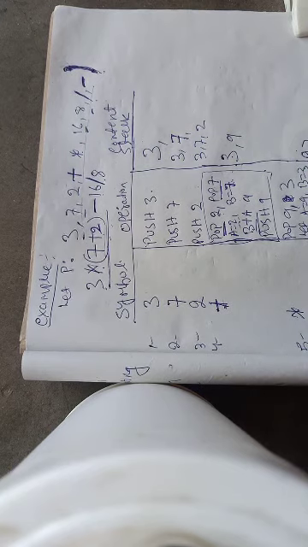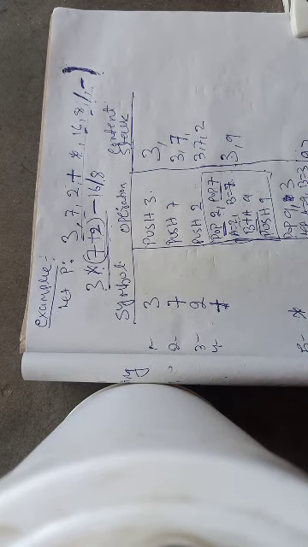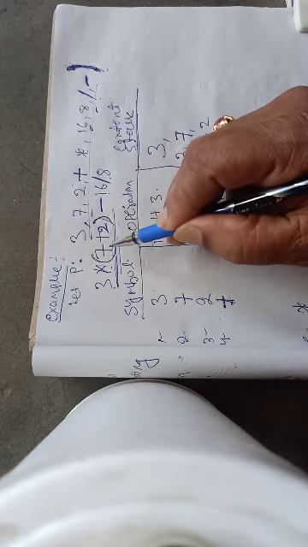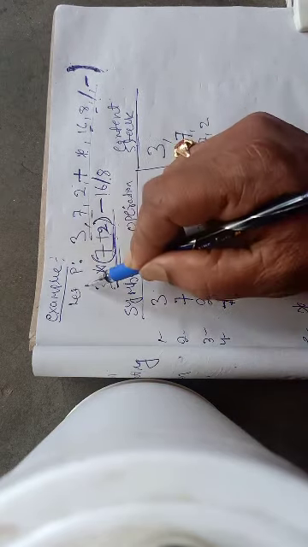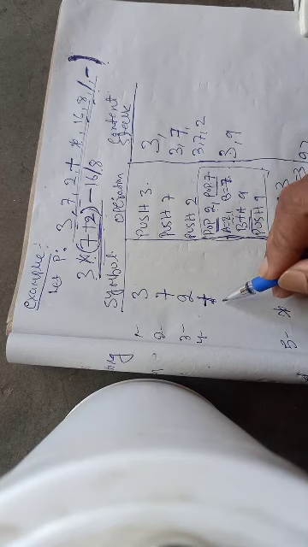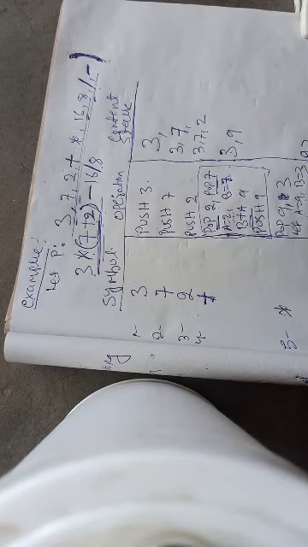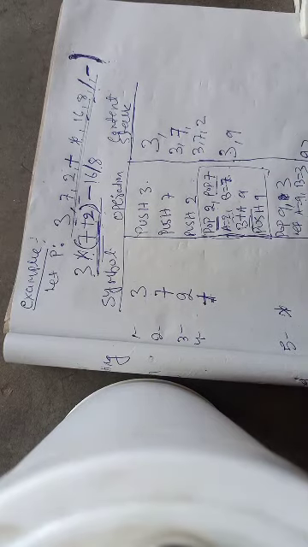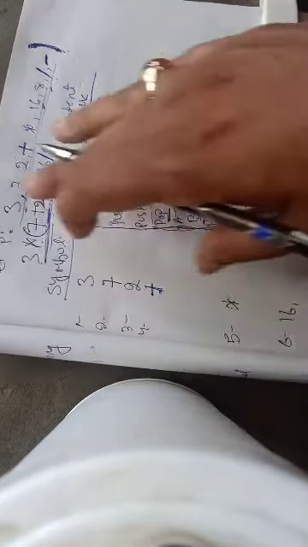I hope you understood how to perform evaluation of a postfix expression. See, in infix brackets are given, and because of that the addition operation takes place first, but in postfix there is no bracket. Still we could perform addition first. The idea is, in a postfix or prefix expression, the evaluation of any operator can be determined purely from its position and not from its precedence. Precedence is not required to be known while evaluating a postfix or prefix expression.